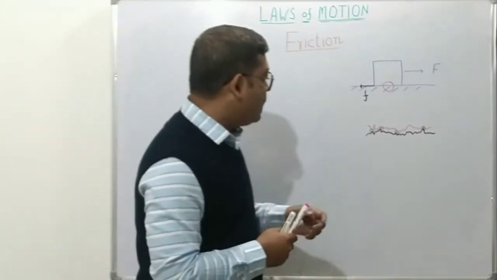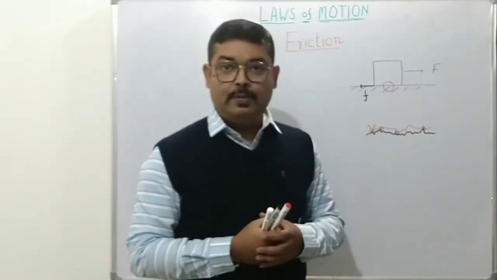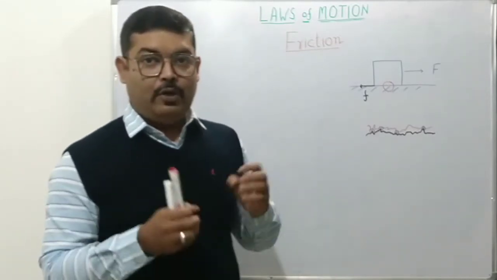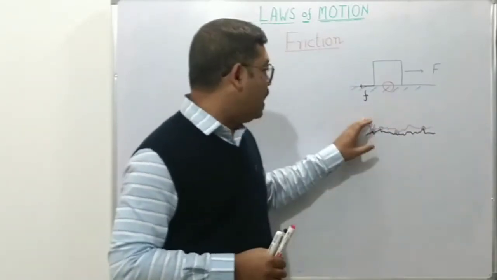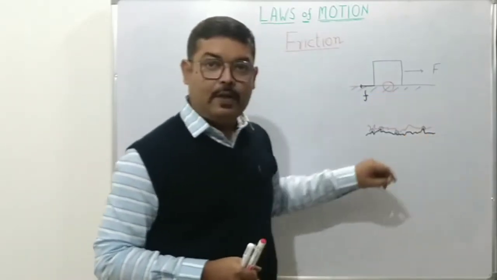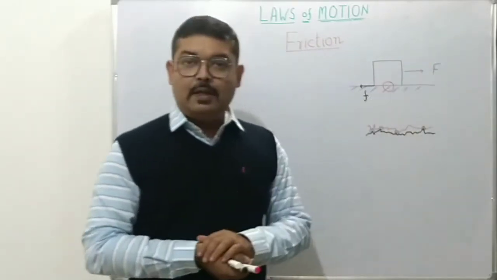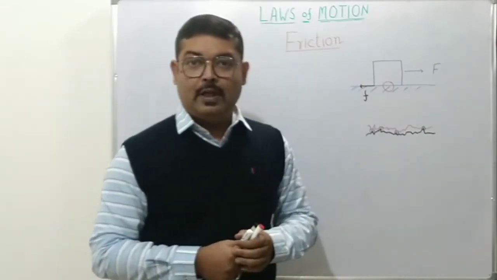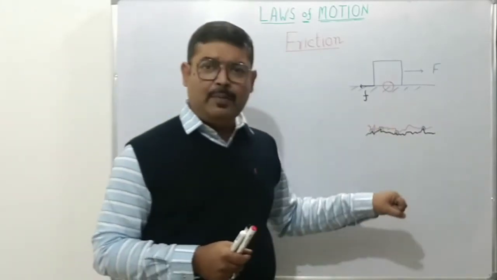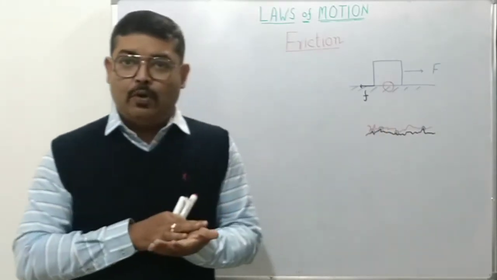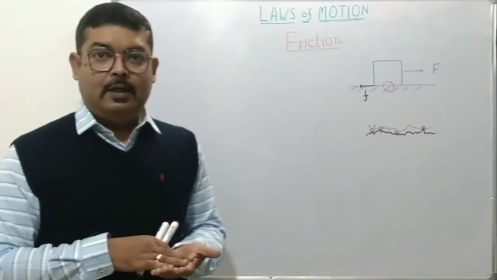Because of the pressure, the molecules at these points of contact develop certain bonds. Once you get a molecular bond between the two surfaces, to create any relative motion, to slide this upper body over the lower surface, you need to break those bonds. And to break those bonds, you need to apply a certain amount of force, or spend a certain amount of energy. That energy ultimately develops into heat. So whenever a body slides over another surface, a certain amount of heat is also generated.